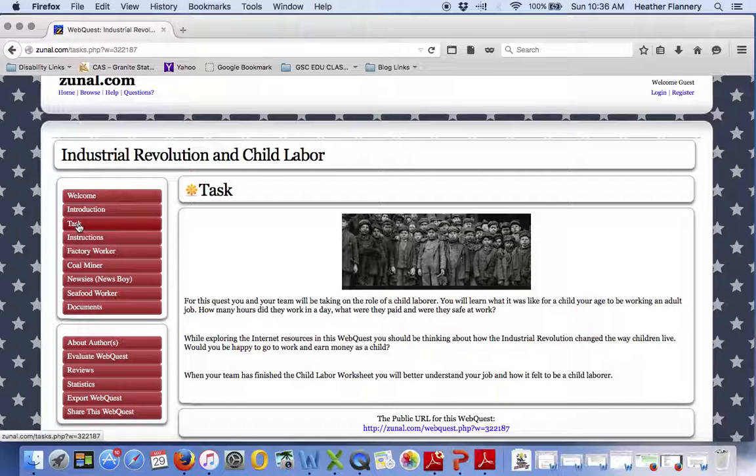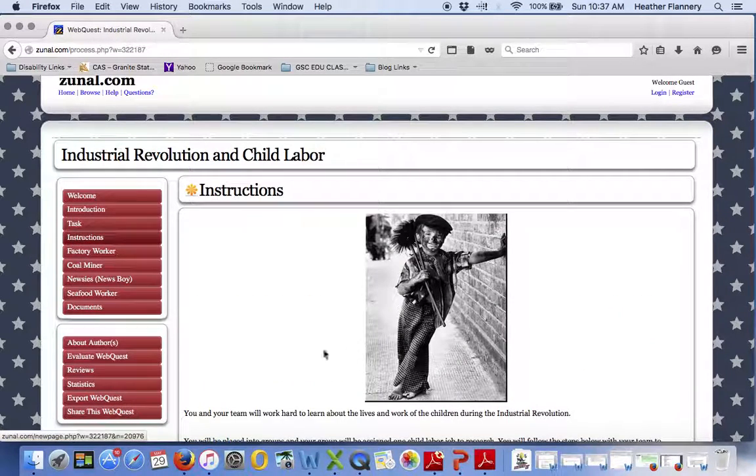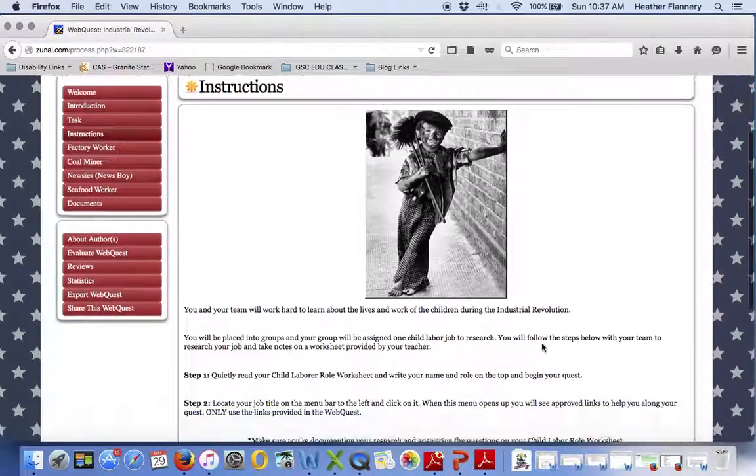As soon as we're done reading all of the instructions, guys, I will put you into groups and assign your child labor role to you. So everybody see the hand? We're going to click on the instructions tab. I'm going to read all of the instructions to you, and then we're going to break up into our groups